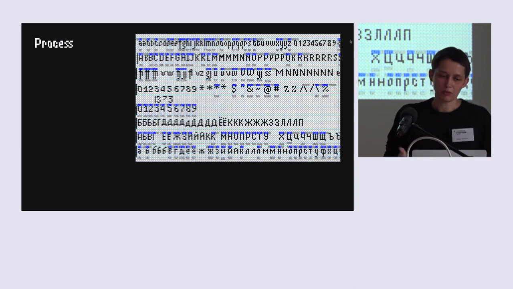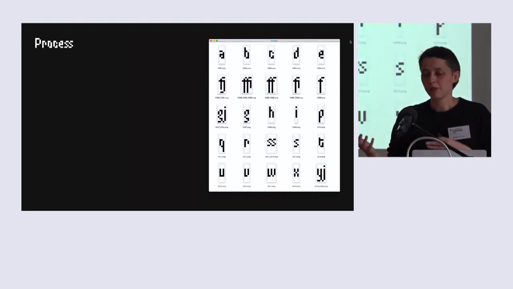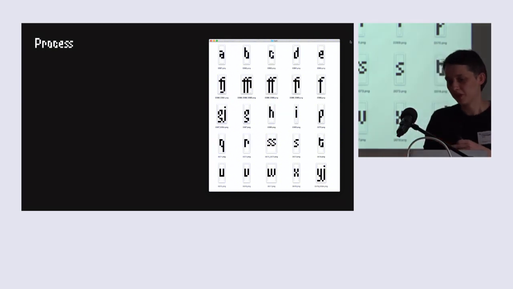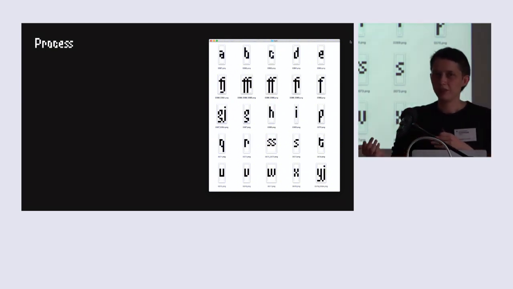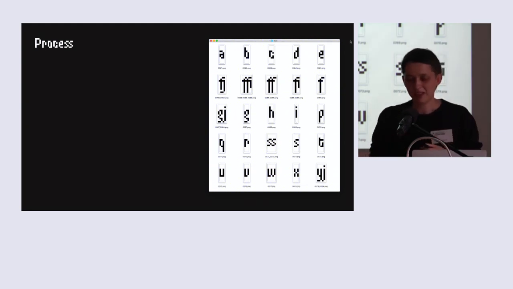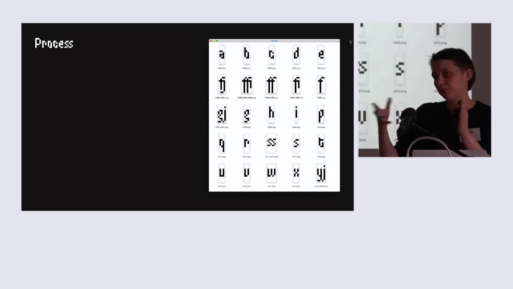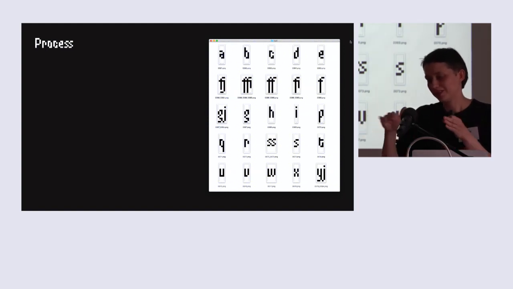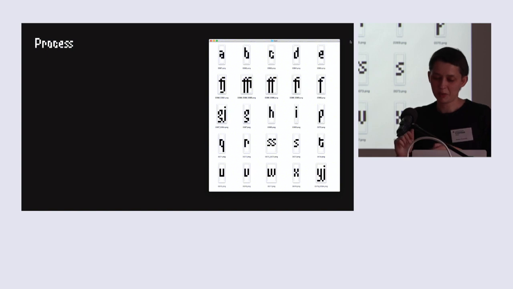I drew the font in Photoshop, and I used slices in order to export each glyph as a separate PNG file. And every glyph has a name. It's a Unicode, it's the name of a glyph, and for ligatures, it's a combination of different Unicodes separated with an underscore.